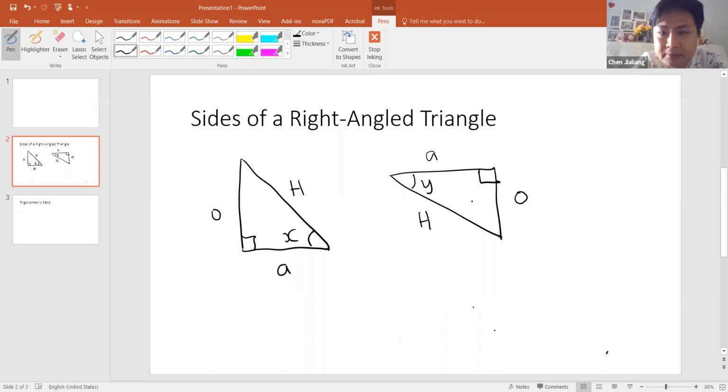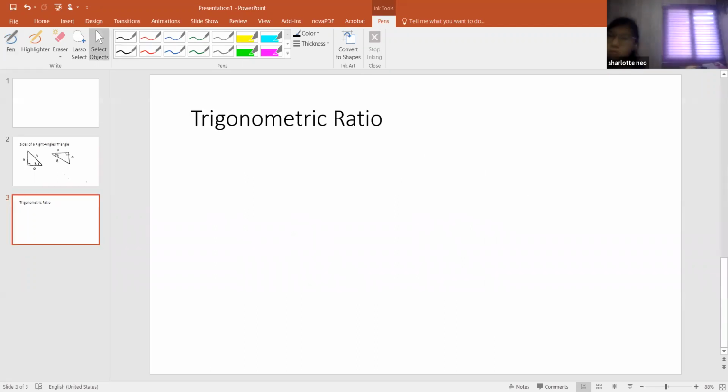Are we clear about this? Okay, so this is basics. So you're very clear about this already, right? Okay, let's look at the trigo ratio now. Now, trigo ratio, there are three parts of it. Okay, so first is